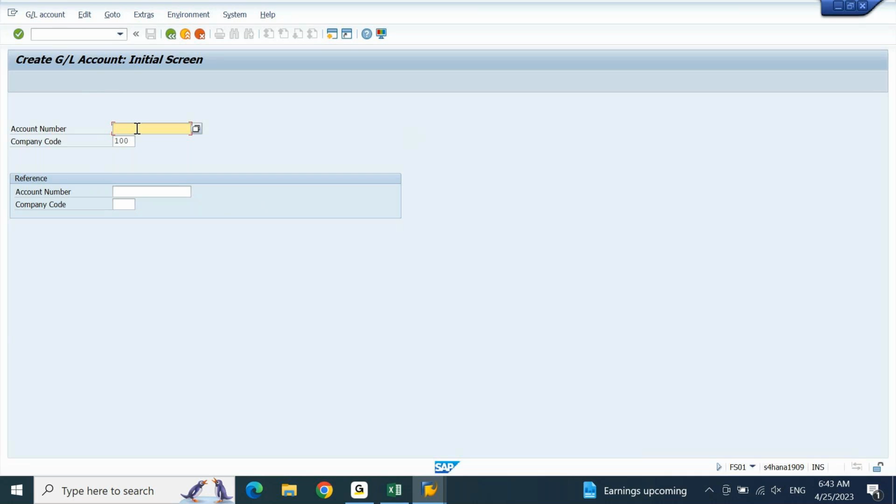So GL account number I am going to paste here. I have already created this, so I'll take the next GL number, this 1010 all zeros 1. Now I have given an input in the account number. System is going to capture this field. Next one,